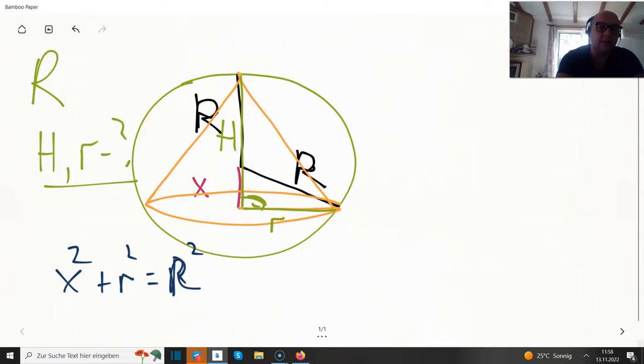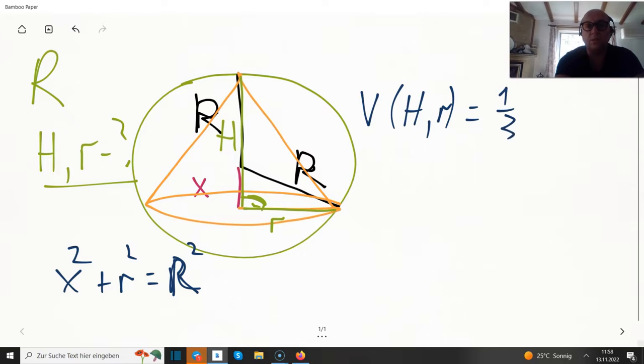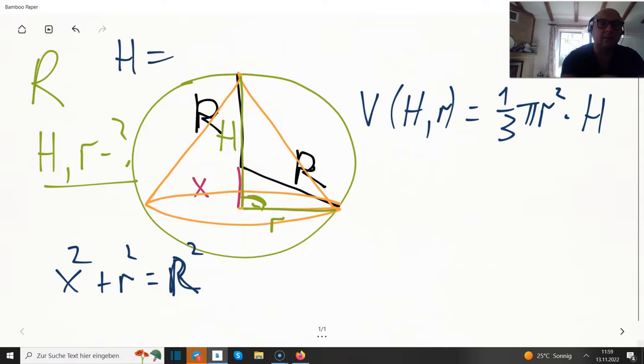Knowing that, things are getting easier because the formula for the volume of a cone, now still depending on two unknowns or two variables, is a third pi small r squared times h. Well, h is an unknown, small r is unknown as well. And you see h is at the same time the radius R plus x. So I can substitute h by R plus x,